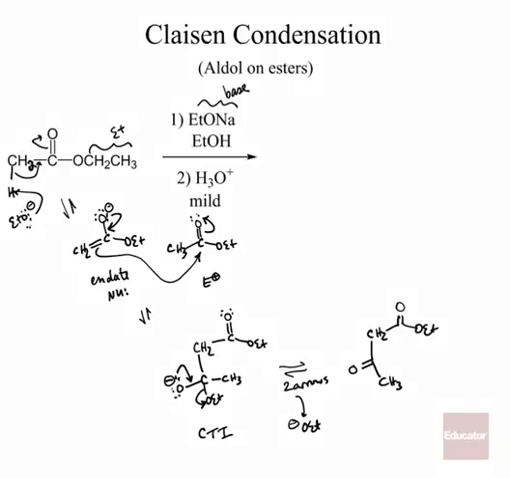However, in the reaction conditions, this product is not stable because our reaction conditions are basic. And what do you see about this product that makes it want to react with base? We have an active methylene here. We have an active methylene that has two EWGs, two electron withdrawing groups. It has an ester and a ketone attached to it. That makes it very acidic, and because we are in